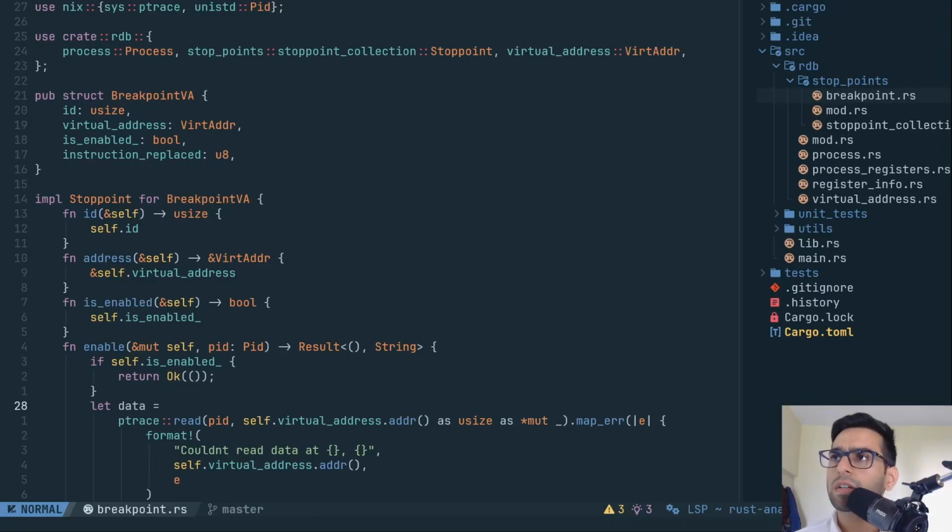In the previous video, we created a breakpoint struct and a data structure around it, that is the stop point collection. And then we added the collection to our process struct. The breakpoint is applied on virtual addresses, as you can see right here. And now we need to figure out how to actually find out this virtual address on which we need to